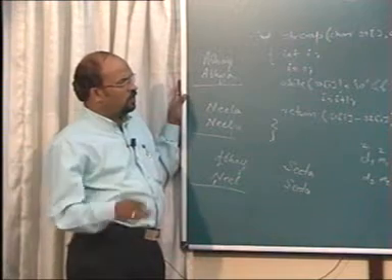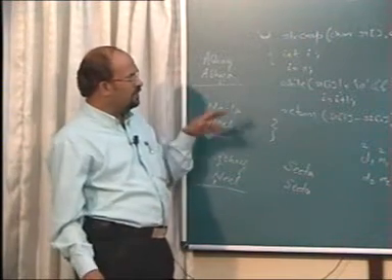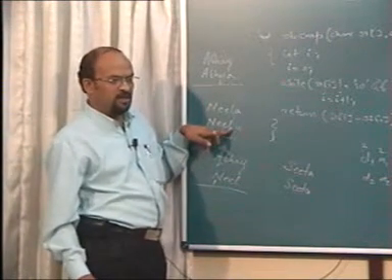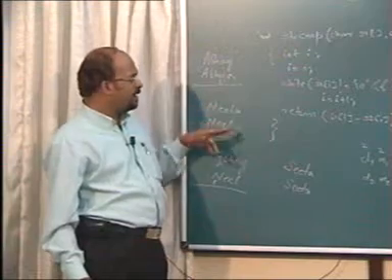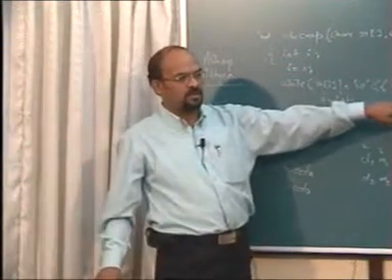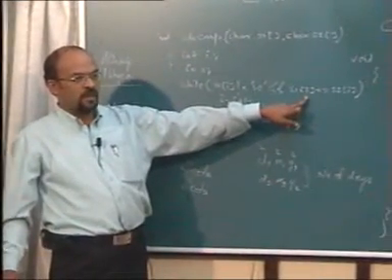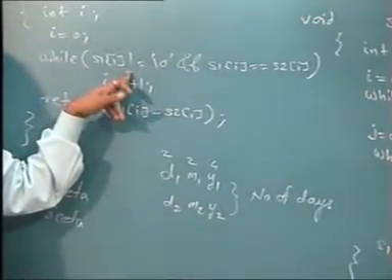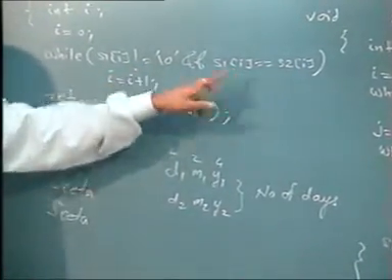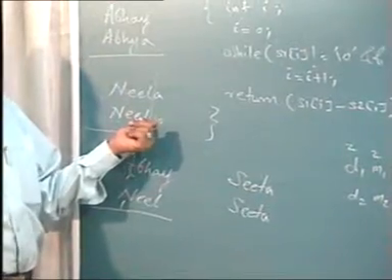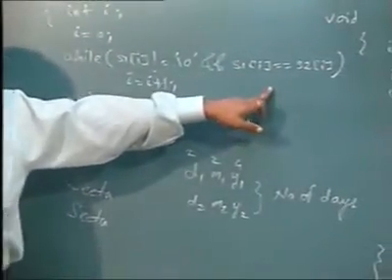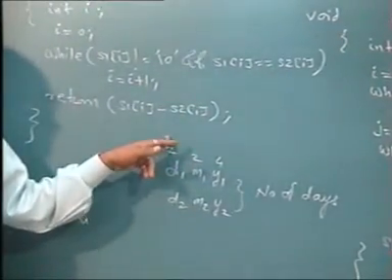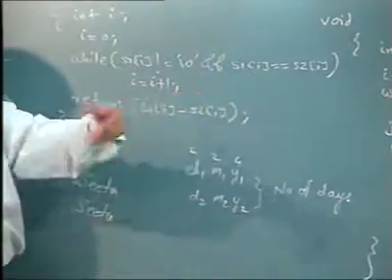Actually, your question should have been, what if the second string ends first, like it is happening? But that doesn't matter. At that time, this condition fails. If the second string ends first, I am not putting any check for whether the second string is ending. That's why I have taken this example. In that case, this condition will go false and we come out. So we are not going ahead of backslash 0 in the second string.